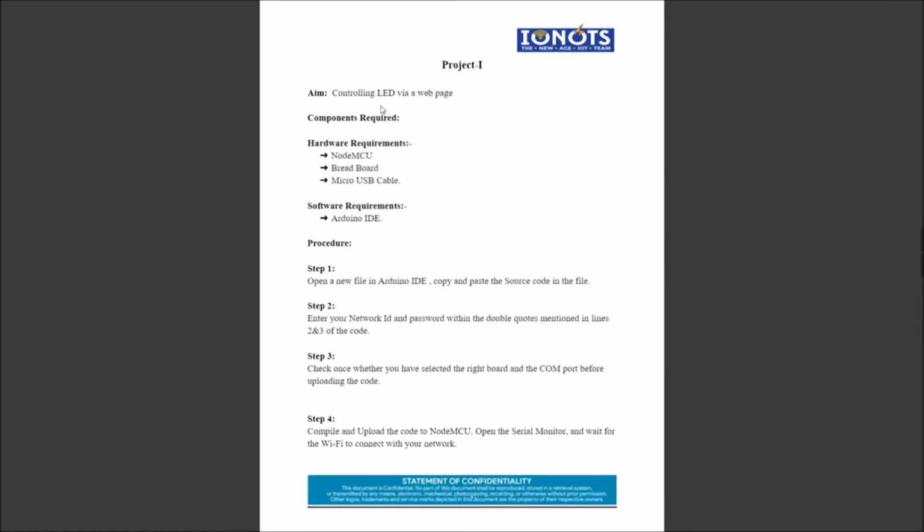Now coming to the project, these are the components that we are going to use for this project. So the hardware is listed here. On the software side, I am assuming that you have already set up your Arduino IDE for the NodeMCU and the IoT projects. Now coming on to the procedure,